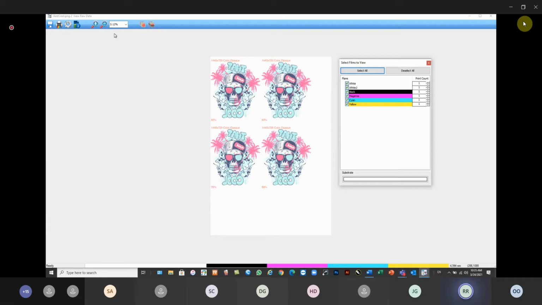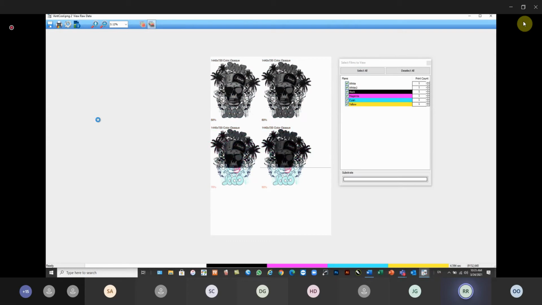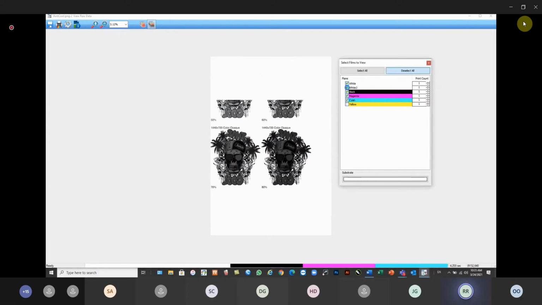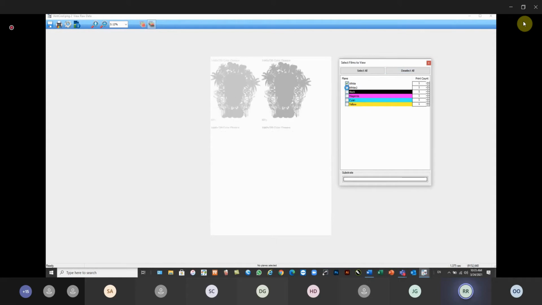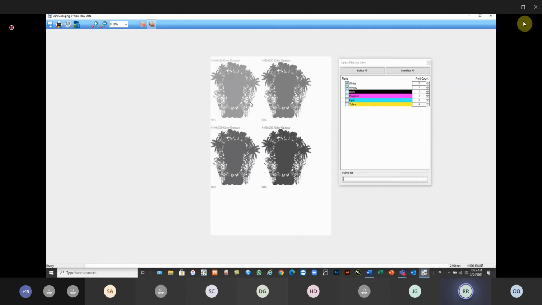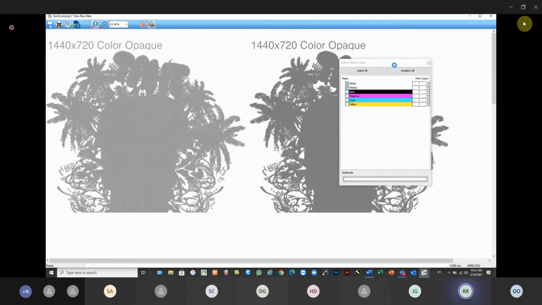What we are looking at, and how I use view raw data, is to see where my white is going to print. So I always select view all colors as black. This shows me where my white is going to be located. I'm going to turn off my CMYK channels and just enable my white channels, so that we get a better look at what our Max White Ink Wizard does. As you can see here in the Max White Ink,